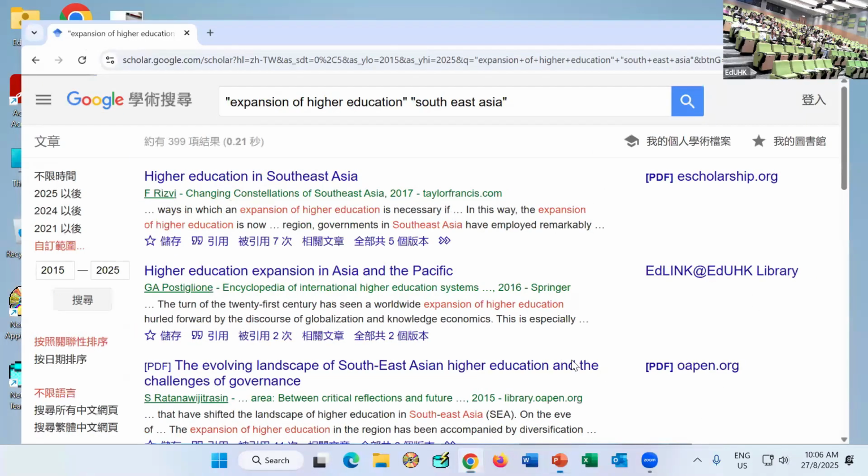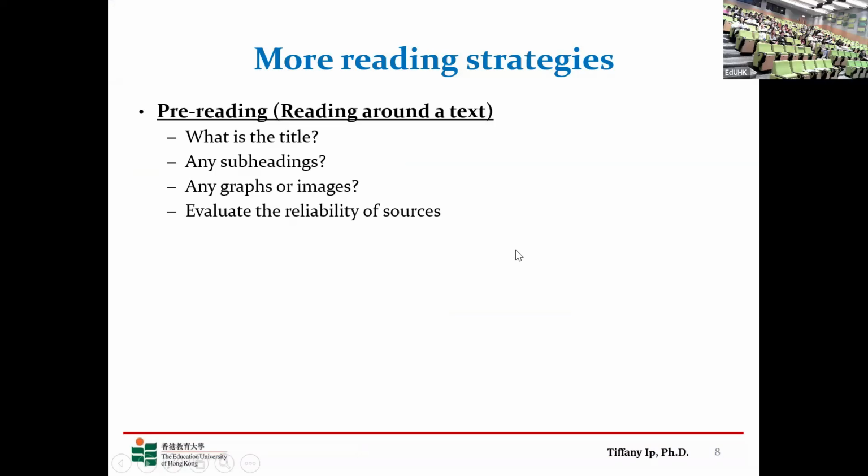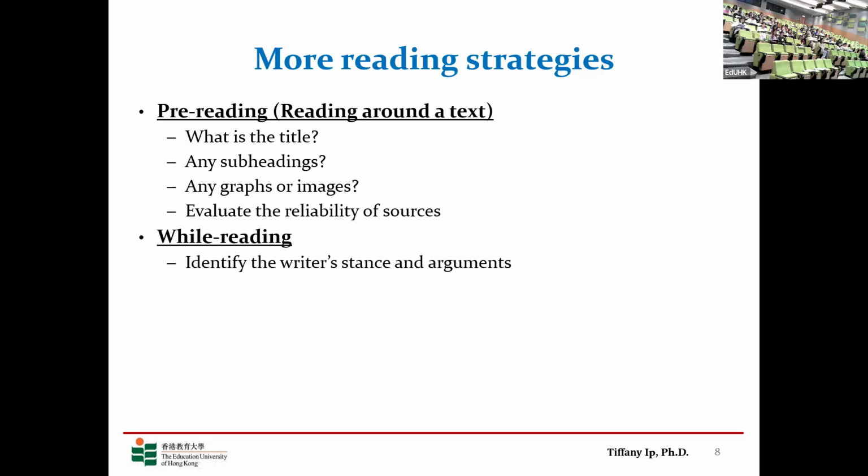And then these are some examples I want to show you, like the reading strategies, even before you read the text. Then you know, okay, I'm reading a pretty decent journal, many people cited it, and then I can keep going to the second stage while reading. So this is what you have just done. Identify the writer's stance and arguments. Always try to do that before you come up with really specific examples or evidence for the article, because the writer's stance and arguments would be the most useful for your own assignments or your own papers.